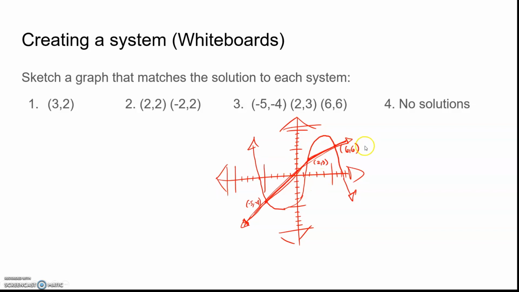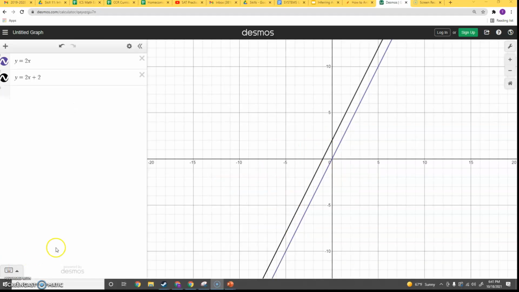And for the final one, we are told that there are no solutions to this system. I want you to go ahead and think about what that's going to look like, and then maybe graph something that could satisfy that solution set, and come back to us. And in our final no solution